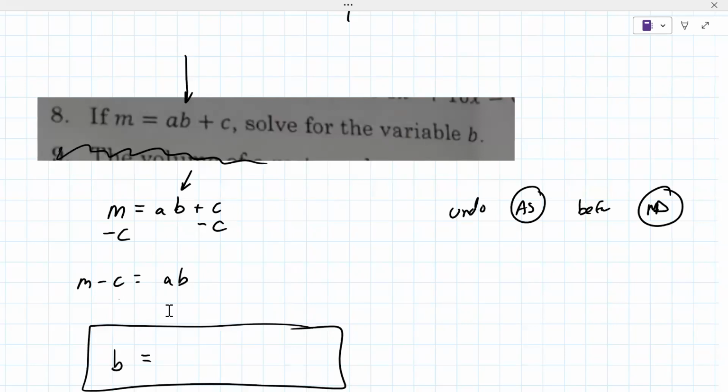What is the final answer? You're just dividing by A. I'm just asking you to tell me in your own words what's over here on the left. M minus C over A. Over A. Yes. Now, if you wrote that, that's great. I know it's not maybe your first language to speak math, but we're going to get there. You're going to be able to do this. Absolutely. All right, we are all out of time for